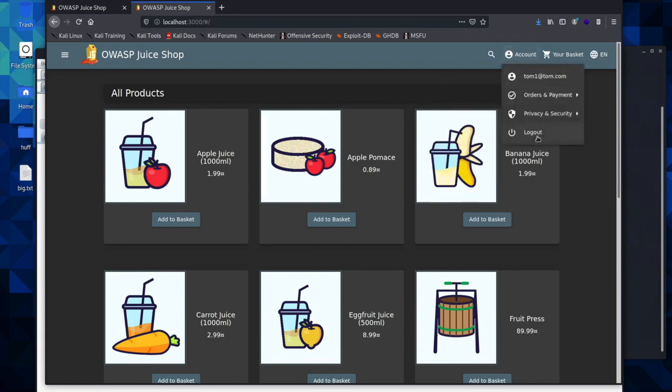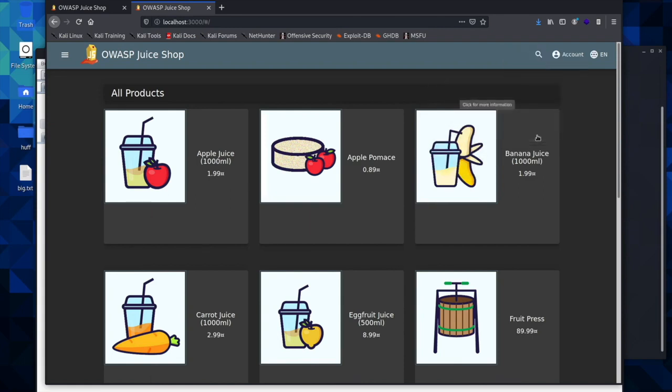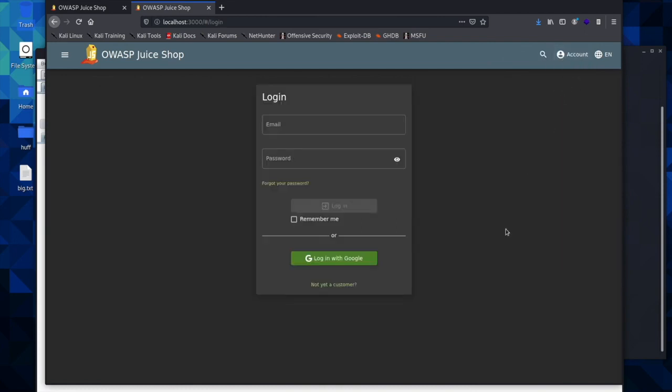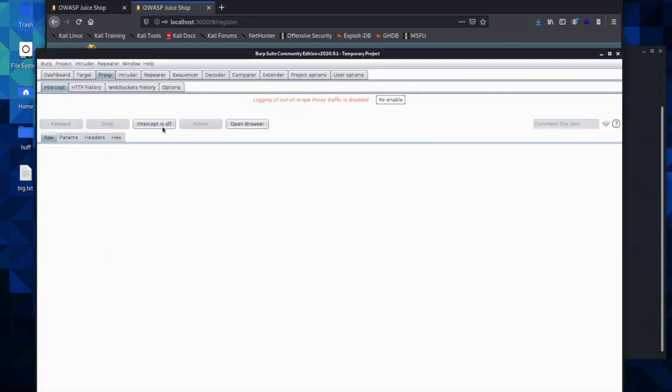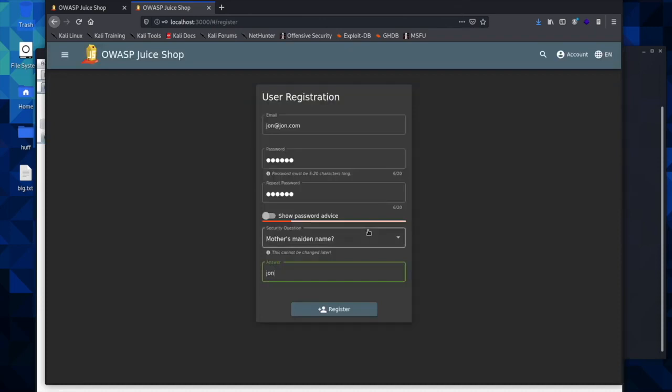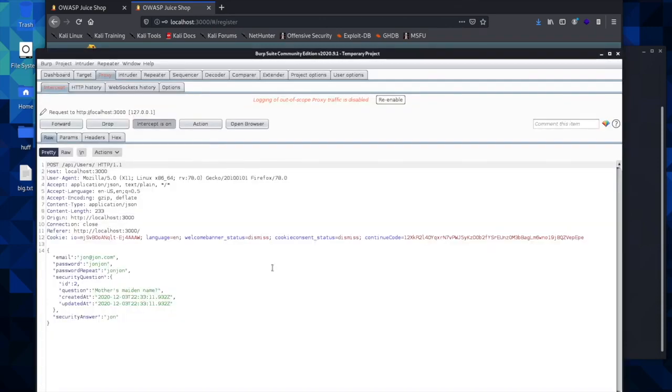I think what I will have to do is log out, and I'm going to make a new account just the same. And I will come in here and go not yet a customer. This time we'll go john@john.com. And as soon as you get this done, we will turn on our intercept and we will register the